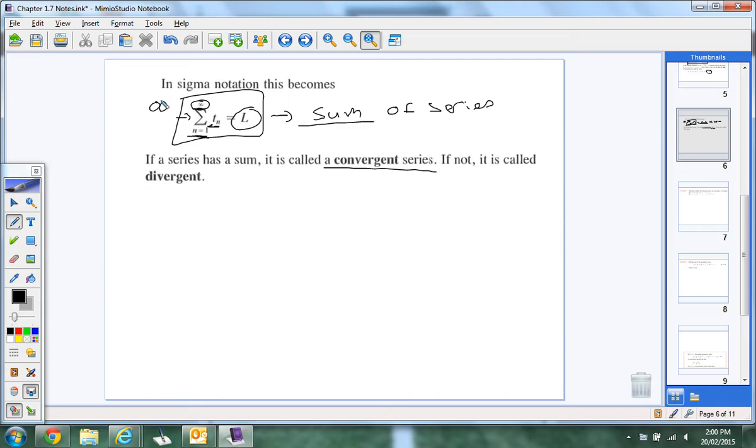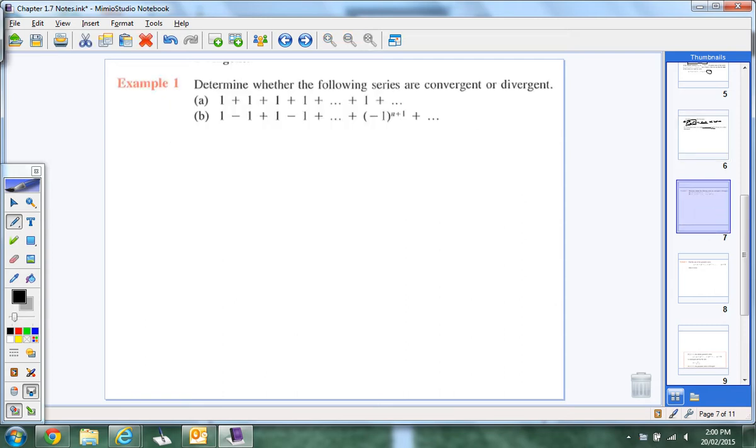Okay, we good? All right, so example 1, determine whether the following series are convergent or divergent. We're looking at A and B. So A. It keeps going up, 1, 1, 1, 1 forever. If we looked at that limit, it'd be the limit as n goes to infinity of n,